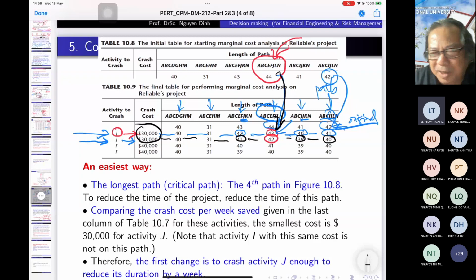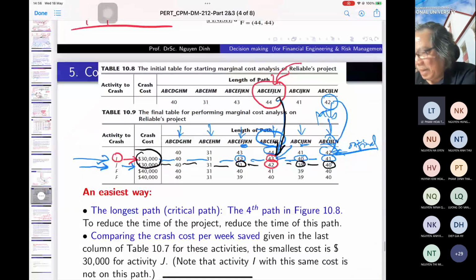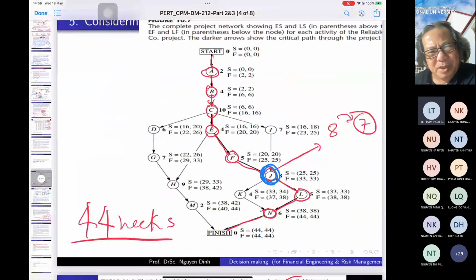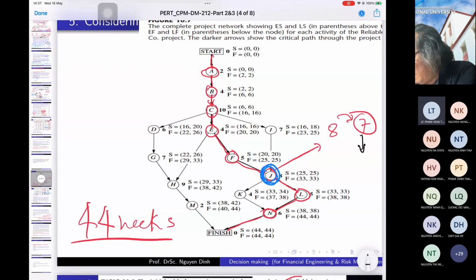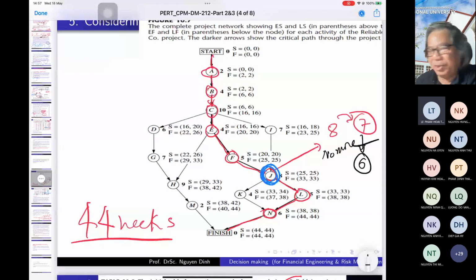And so we look back at the critical path again. You see, we reduced this node already from 7 to 6, and no more, because the node J can only reduce 2 weeks and cannot move more. And so we look back again at the table to see which node can still be reduced, but the cost is very cheap. The next one